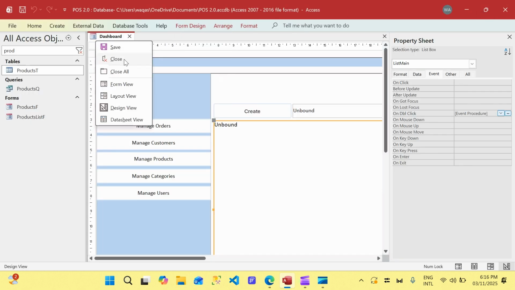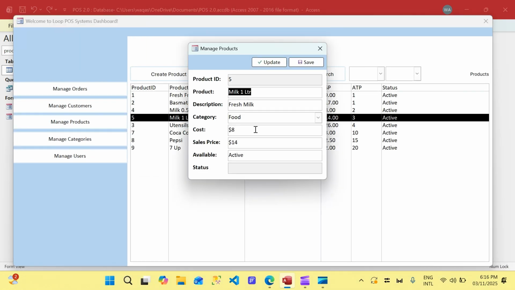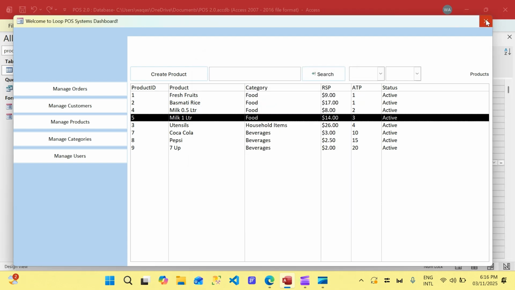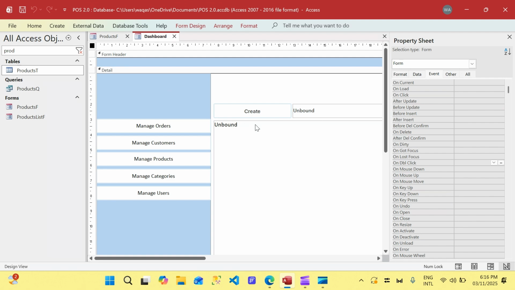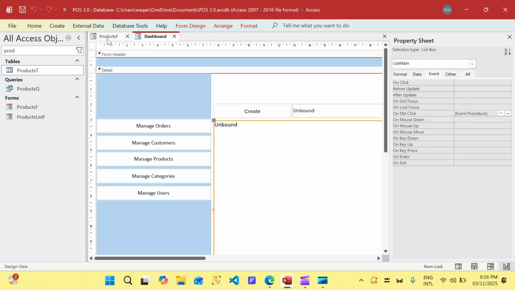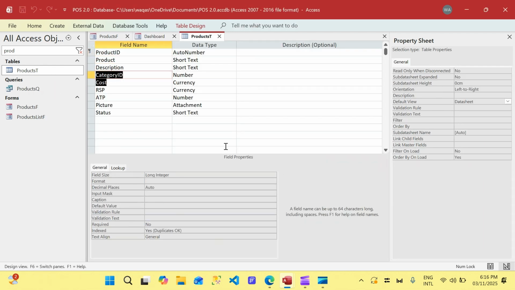If I go to the form view, we click on products, and we double click here, and there you go. Oh, hang on a second. This is a problem. Description, fine, category is okay, cost is okay, selling price. So why is it coming? All right, let's see. What am I missing? Fine, RSP,